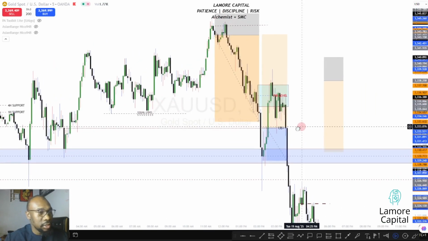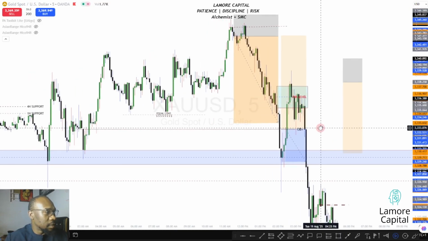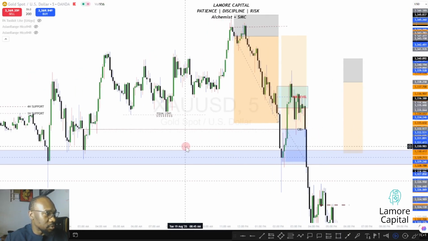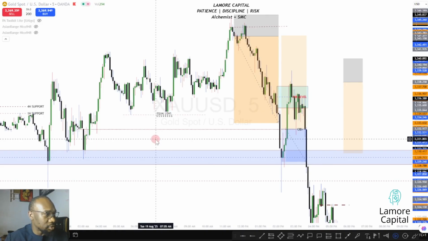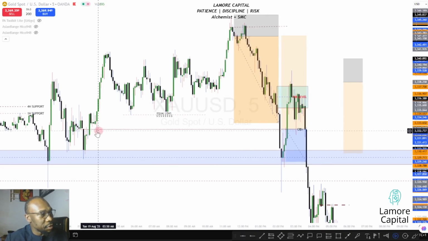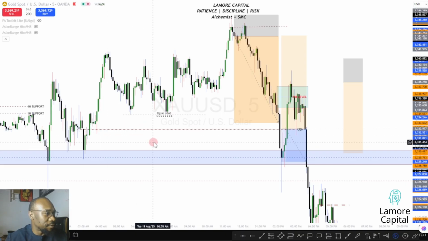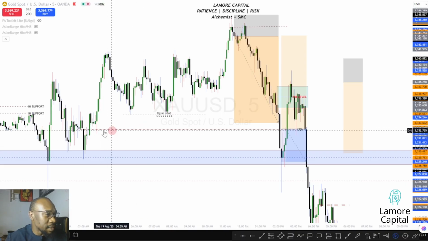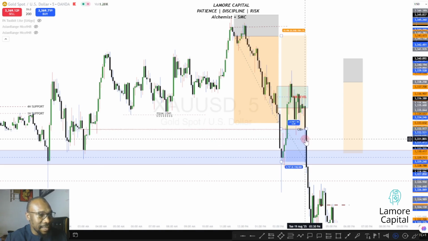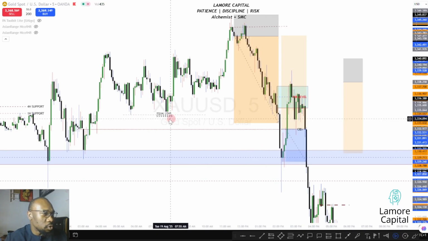That actually led to SL. Now, how did I catch that particular trade? On the 5 minutes time frame, we are seeing weeks. But on the 15 minutes time frame, on the 1 minute time frame, we have a clear order block there. Now, why did I anticipate that this market was going to hold? Because of this particular equal lows.